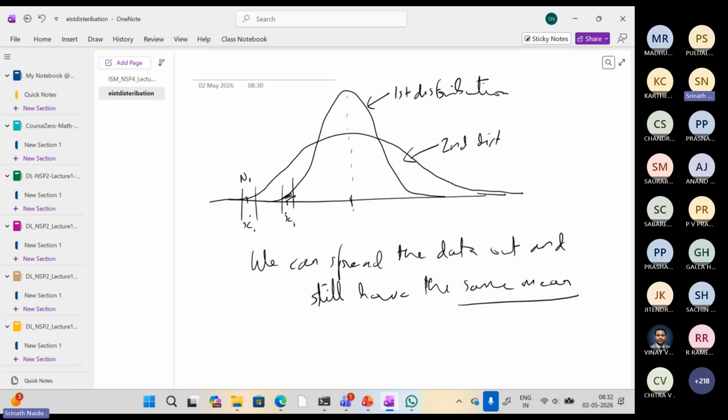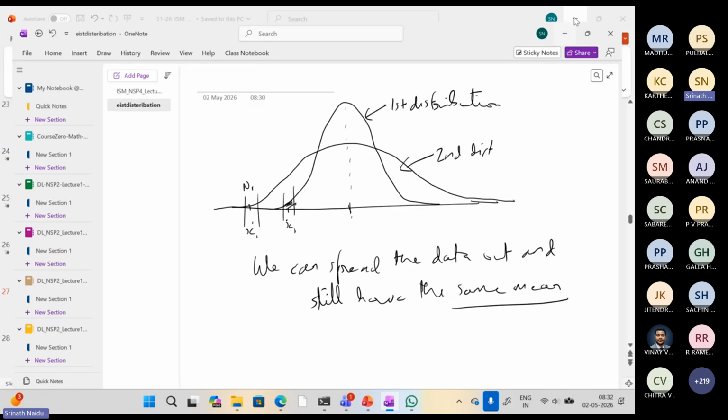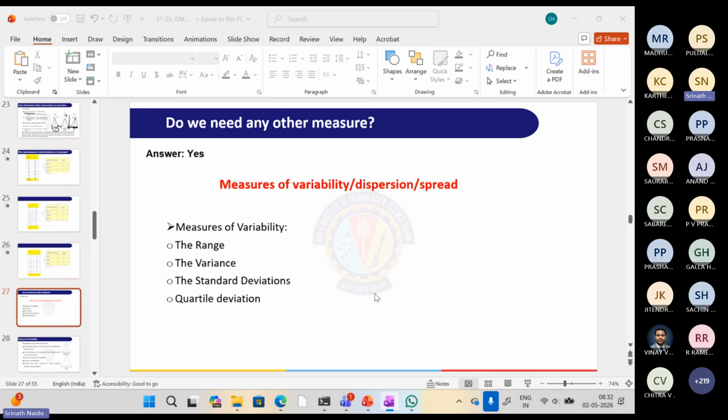So one more number I can think of is somehow to capture the spread. So how do we capture the spread? Do we need any other measure? The answer is yes. And we